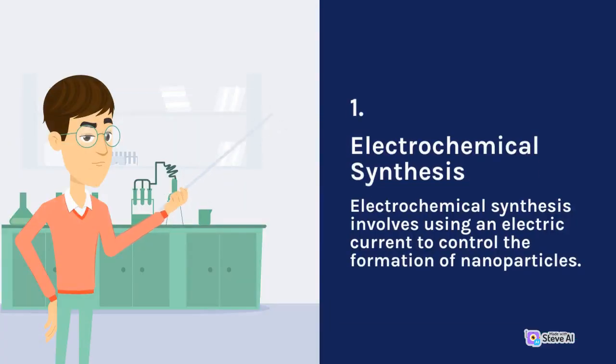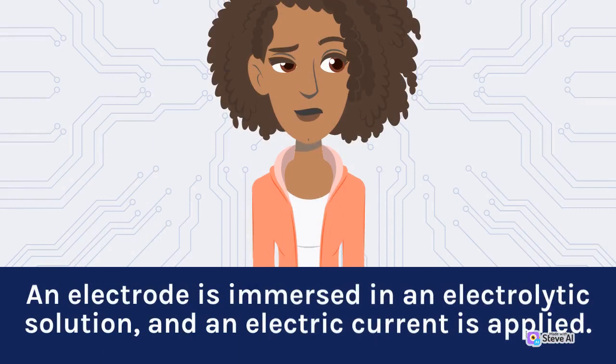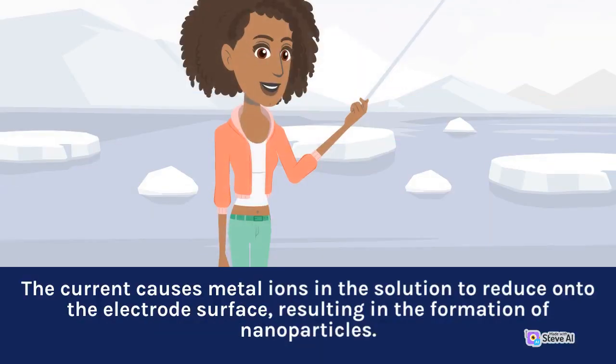1. Electrochemical synthesis. Electrochemical synthesis involves using an electric current to control the formation of nanoparticles. An electrode is immersed in an electrolytic solution, and an electric current is applied. The current causes metal ions in the solution to reduce onto the electrode,